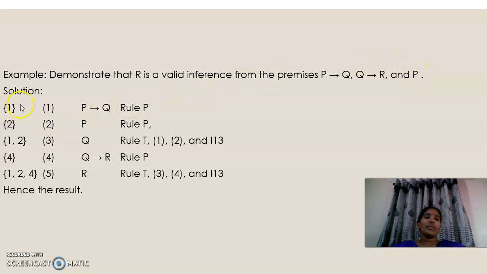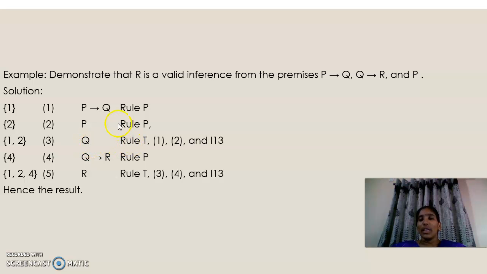Okay. So first you have to take the first premise, P conditional Q. So it is rule P. In a previous slide I discussed what rule P is: the given premise, as it is, you introduce in the derivation, that is nothing but rule P. And the other premise you have to take is P. It is also rule P, since P is also a given premise. So P, P conditional Q, by using rule I13. Once I share the material, see rule I13 in the previous slide. P comma P conditional Q is equivalent to Q.